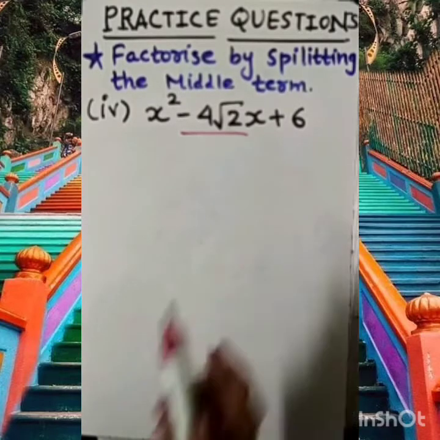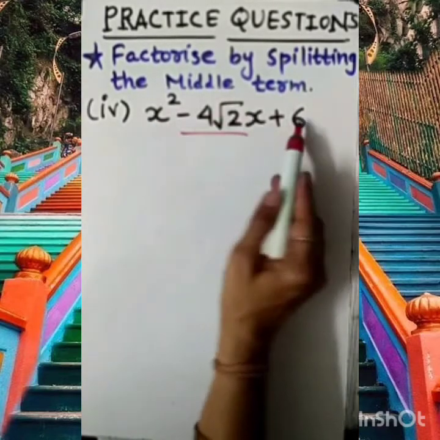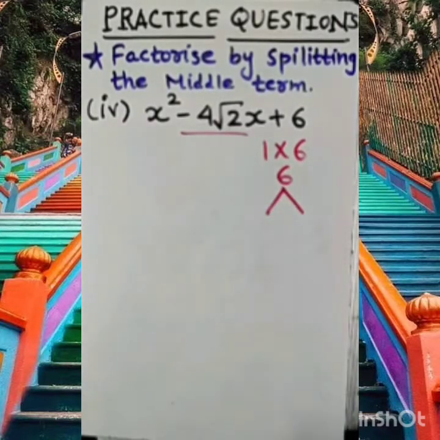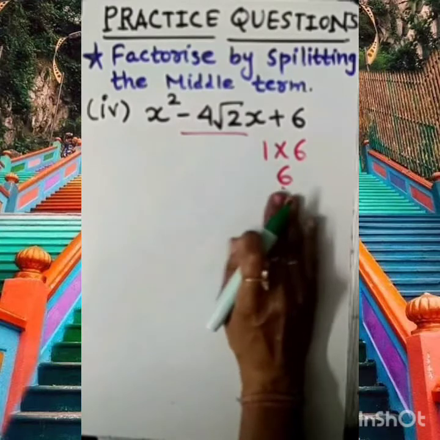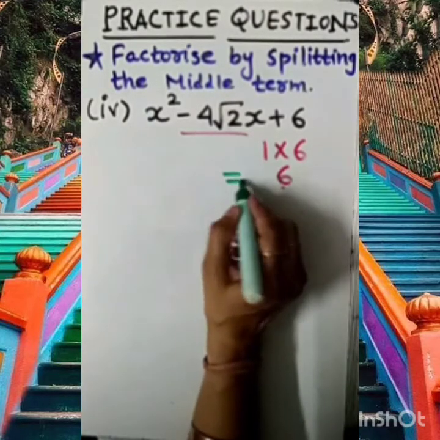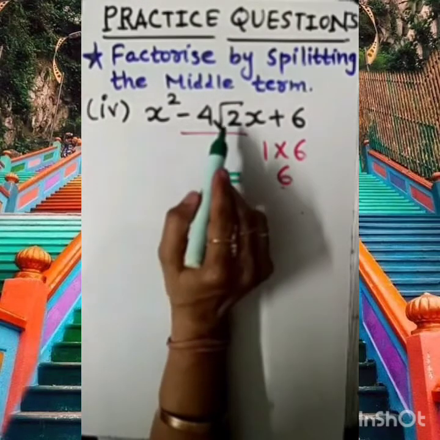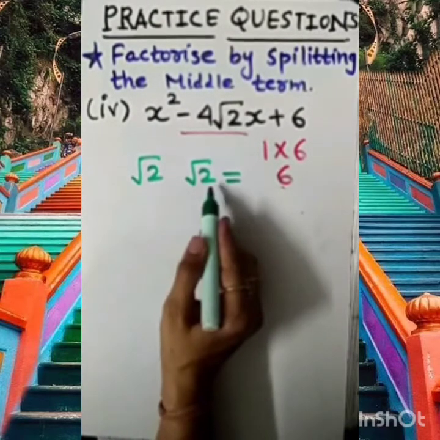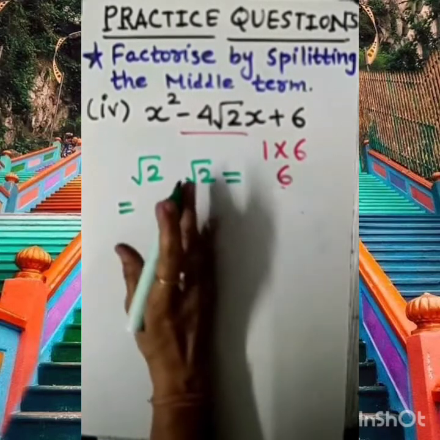Let's work on this. The coefficient of x square is 1, here it is 6. 1 into 6 is 6. Okay. Now we want to have the factors such that we should have the result in this. So dear student, please keep this in mind as we want to get the result. The product of these two numbers should be 6. So how to work on that? Simply, if I multiply root 2 with root 2, it gives the result 2. Agree? Root 2 into root 2 gives the result 2.